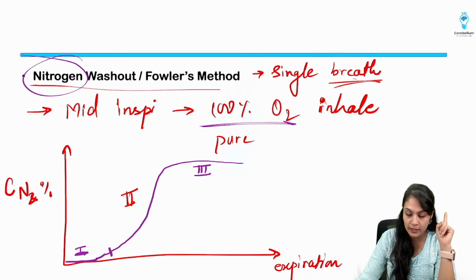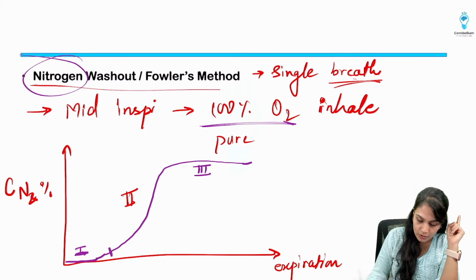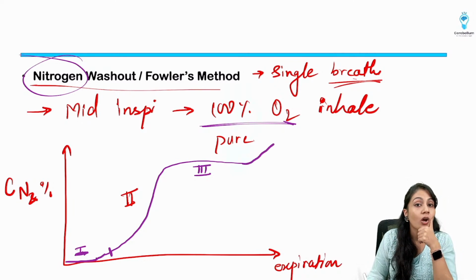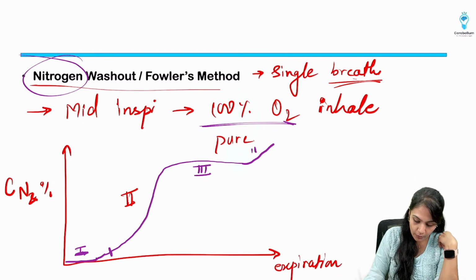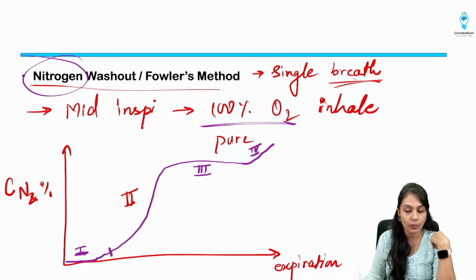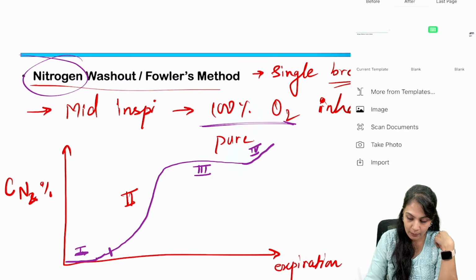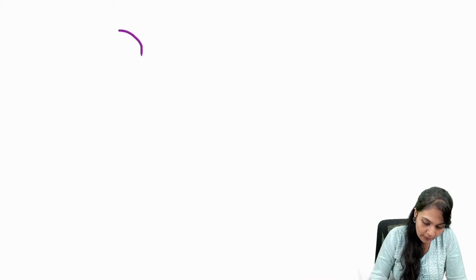But suddenly, what you see after that is that the nitrogen concentration suddenly increases. Why is it occurring? There are two reasons for this. Just remember that this is phase 4. Why is this going to happen, and why is this happening in this condition? See over here, because I told you that